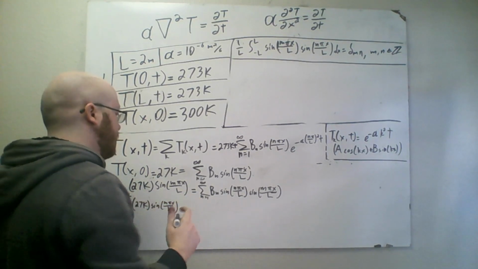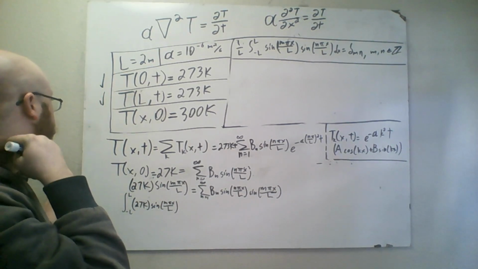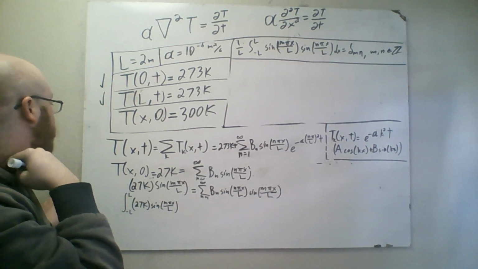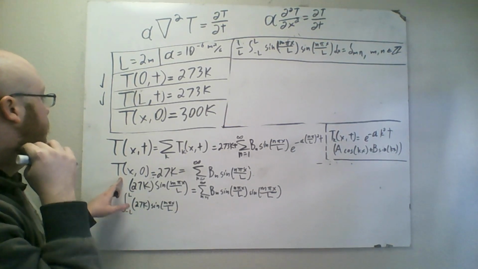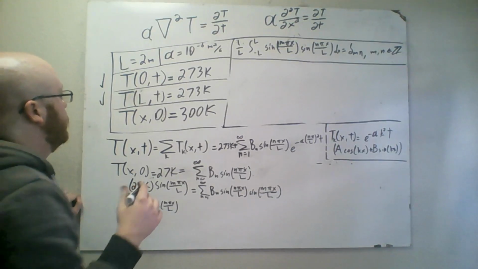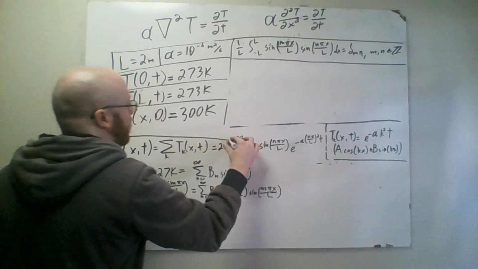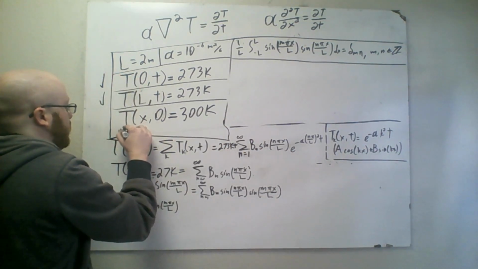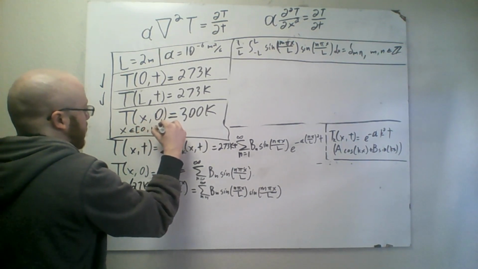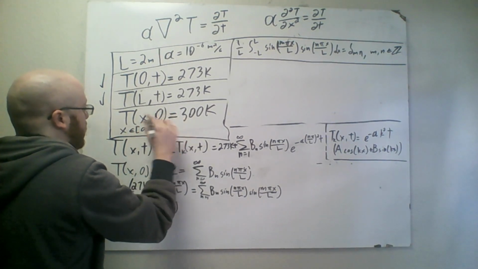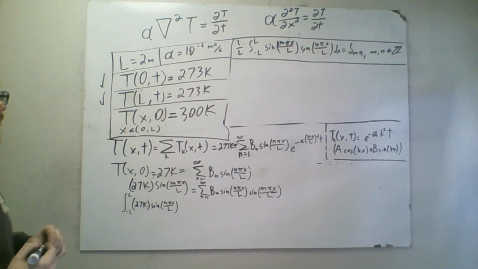So I'm just thinking about specific things about this, but yeah. So this technically isn't just 273 Kelvin. It has to be 273 Kelvin for x between 0 and L. So this is actually inaccurate. I should have specified this before, but x is between 0 and L. I don't really care what happens at the endpoints. Okay, so